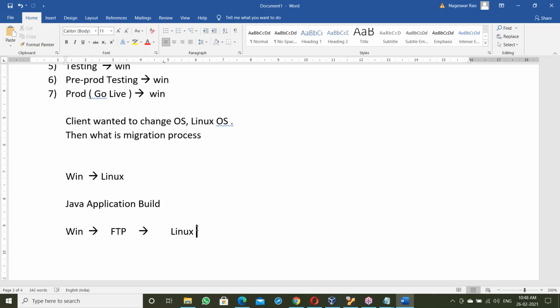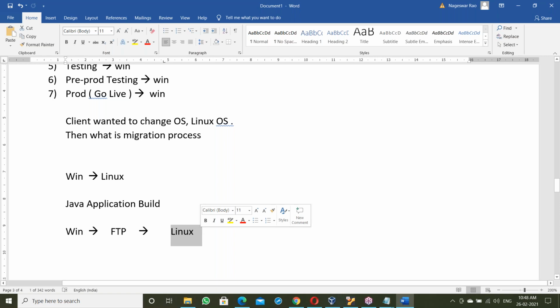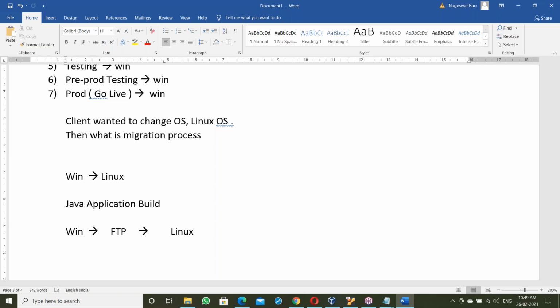Without any expenditure, just one resource, a Linux admin, is enough here. The Linux admin will build the Linux server. After that, he will move the Java application to the Linux server and start it. Simply starting the Tomcat server, the application starts automatically. So only one admin, no expenditure, and no time worry; within a short time, a matter of 2 hours for the migration process.